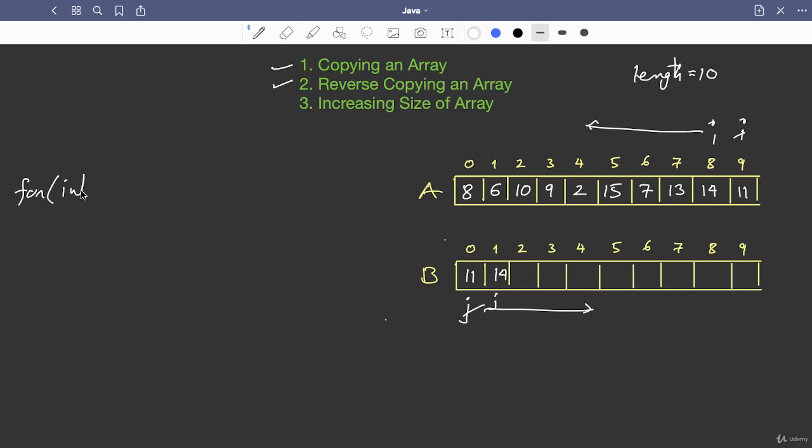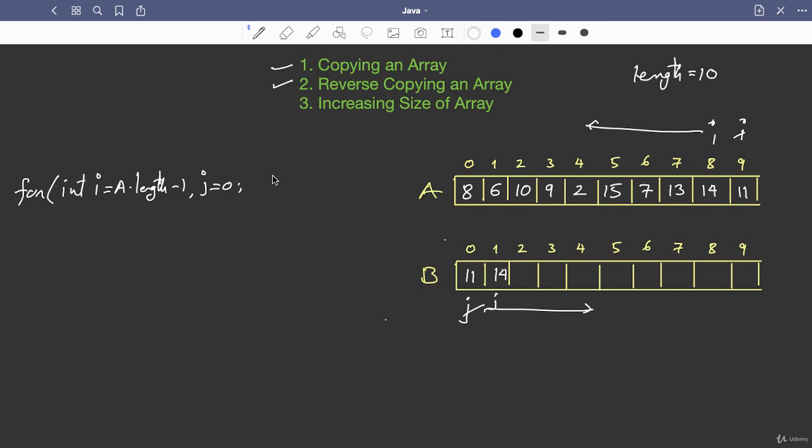So you require two counters or index pointer variables. Pointer means don't take it as C language or C++ pointers. Pointer means one who points, one who shows the location. So this is an index pointer giving the location of element 14. And I is 8, so it's an index pointer. All right, so this should start from a dot length minus 1, and next j is initialized to